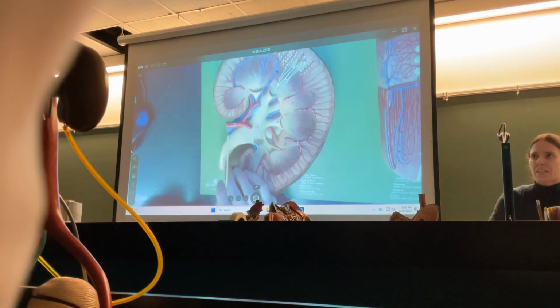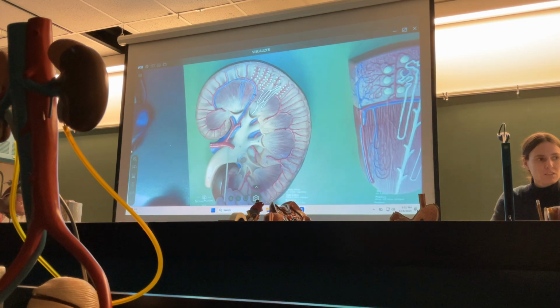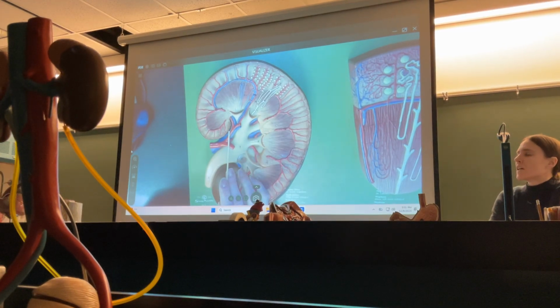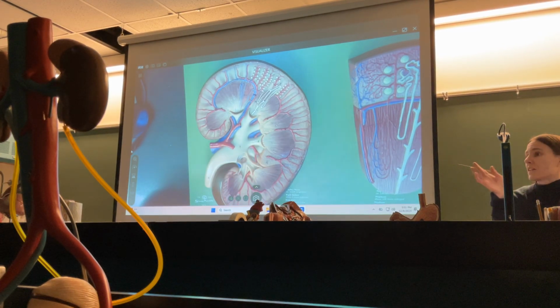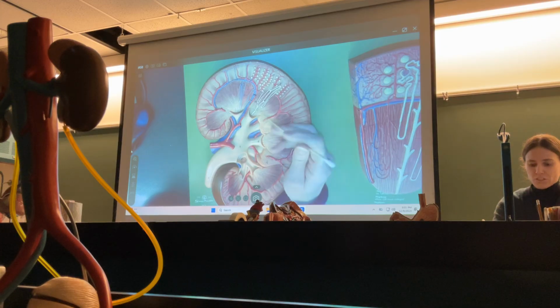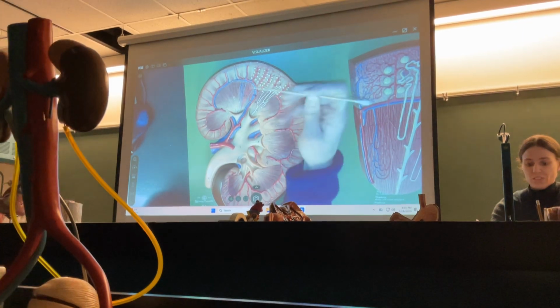Blood supply to the kidneys. What is this? Renal artery, and then into the... Not systemic, but it does start with an S. Segmental, good. Segmental arteries, and then into the interlobar arteries, and then into the arcuate arteries, and then into the